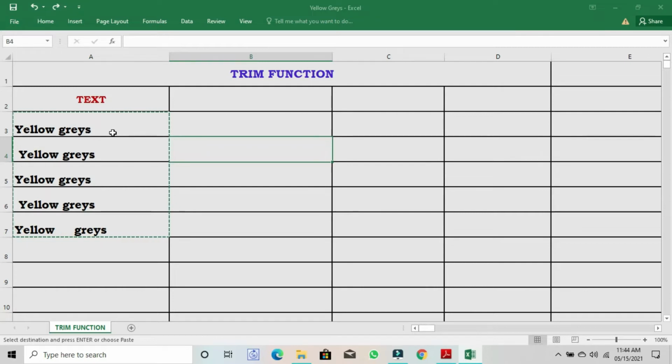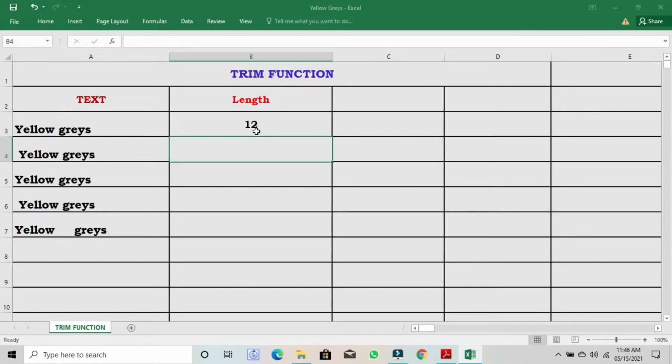In order to know the different spaces, let's find the length of the text. Equal to LEN, open the bracket, select the cell reference of the text, close the bracket and press enter. For the first text, yellow grace, the length is 12.